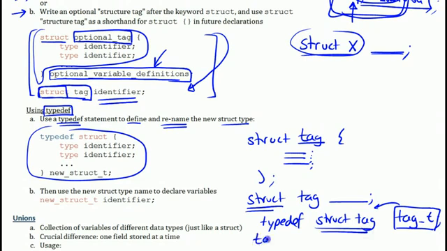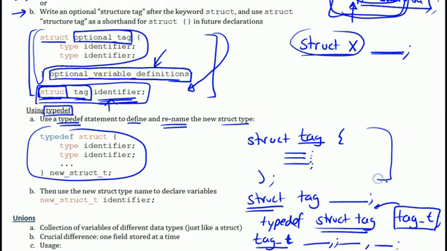So now what you can do is tag type will stand for struct tag. So you could simply say tag type and then use a variable right here and declare your variable, and this tag type will stand for your struct tag. So instead of declaring variables this way using struct and then a tag and then the name of your variable, what you can now do is just use tag type and then directly the names of your variables. So this is using a typedef,